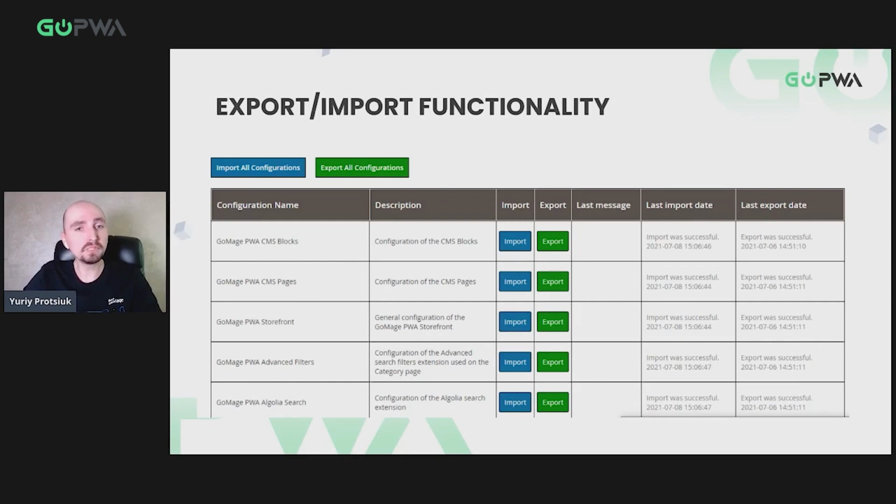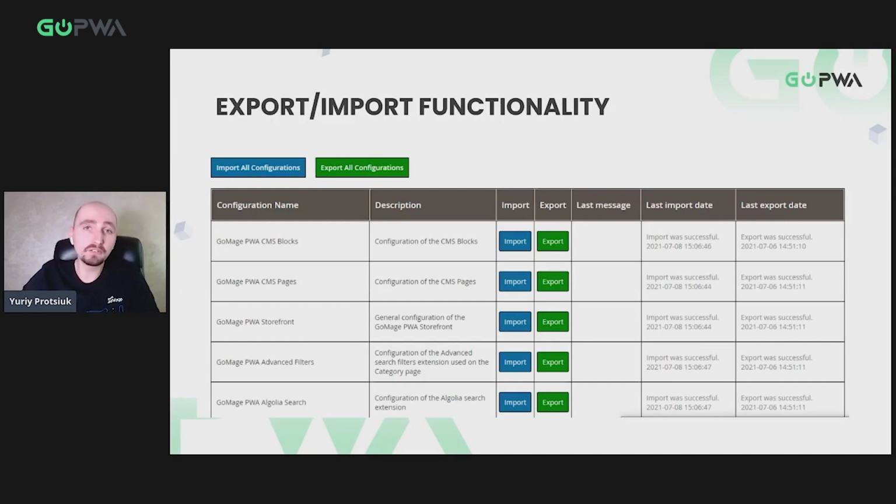Now, step 3 would be to deploy the changes to the dev environment. Basically, we're talking about the JSON file. Step 4, go to your dev environment, log into the admin panel, and click on the import button. And that's it. Step 5 is to enjoy the imported functionality from your local environment in your dev environment. And the same approach can be used for any other purpose.